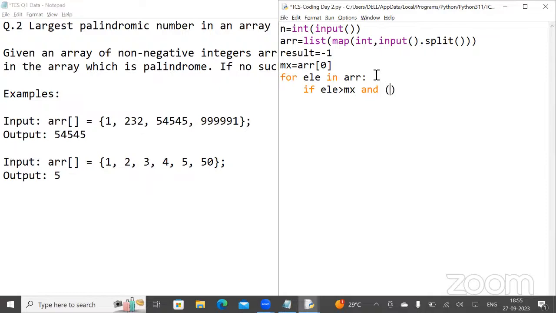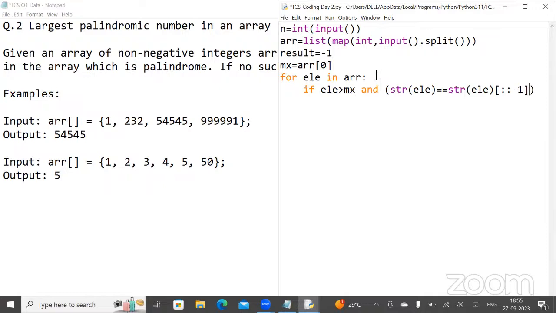So I'm going to say here, this string of element is equal to string of element of colon -1. Here I'm finding the reverse of that string by converting it to a string, as well as checking whether the reverse of that string matches the current string element or not.